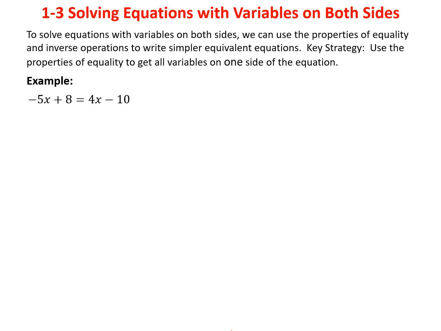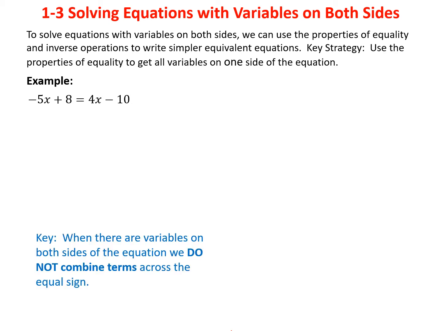In our two-step equation, you may remember that we had just one variable on one side of the equation, either the left or the right. What do you do when you have variables on both sides, like our example here? I have a minus 5x on the left side and a 4x on the other. Well, to solve equations with variables on both sides, we can use the properties of equality and inverse operations to write simpler equivalent equations. Our key strategy is to use these inverse properties to get all the variables on one